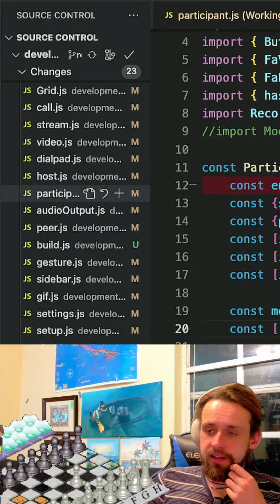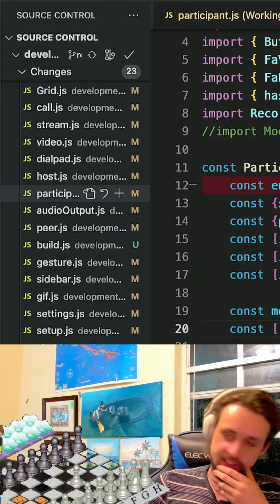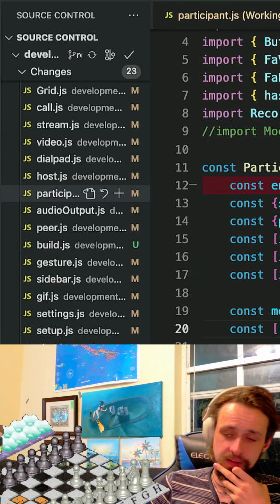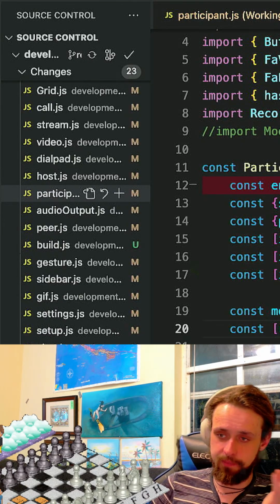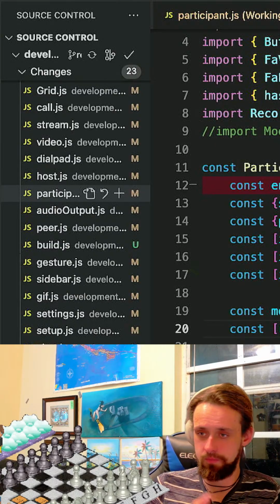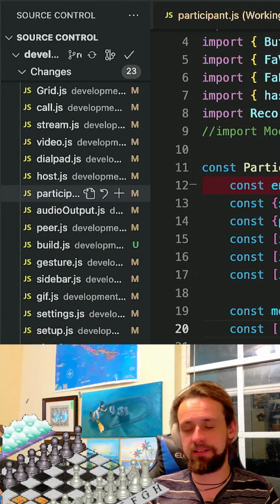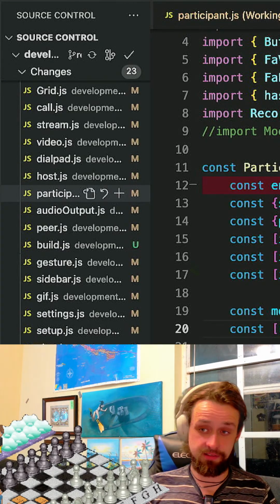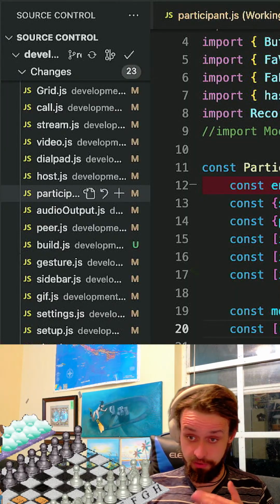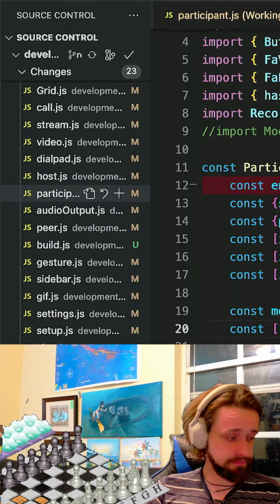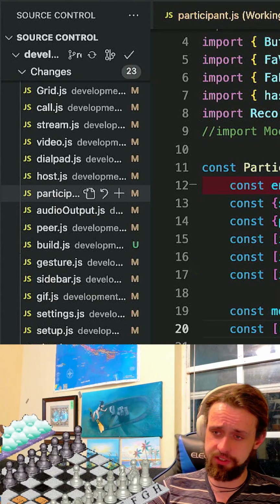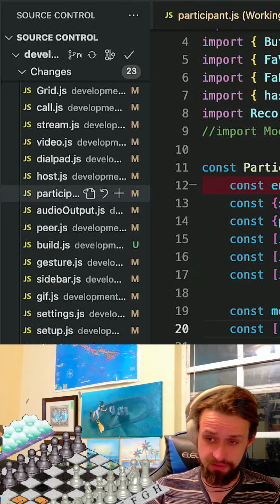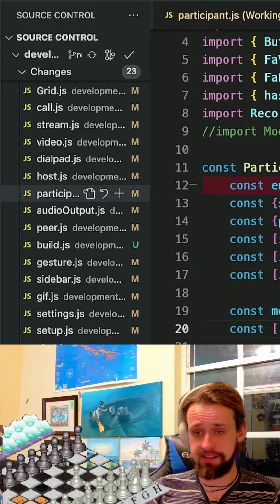Okay, so switching gears to some of the code changes that I have up on the left-hand side. For those familiar, this is Visual Studio Code, or at least a part of it, what you can see. And basically it's source control, listing all the files that I've modified that are different from the existing files in this branch. What I'm going to do is walk through the files that have active changes that I want to merge. There's quite a handful of optimizations and new features and settings and toggles that I want to get live for the next live.